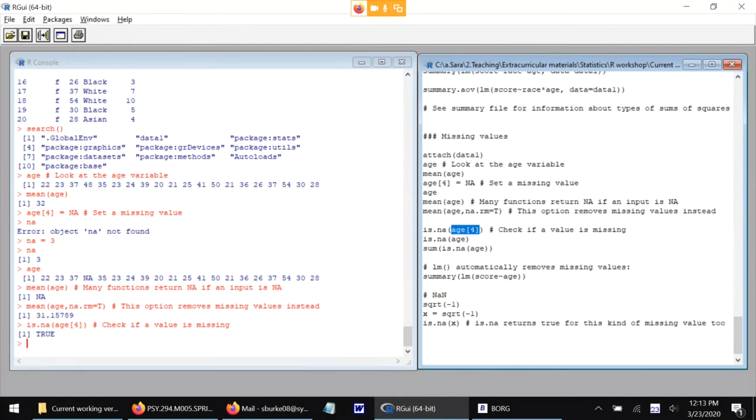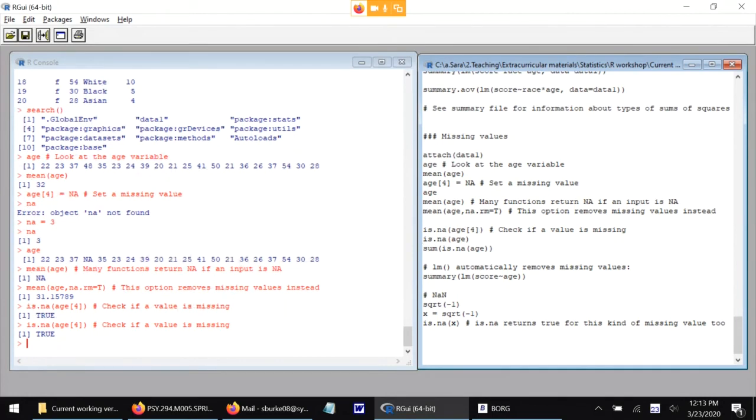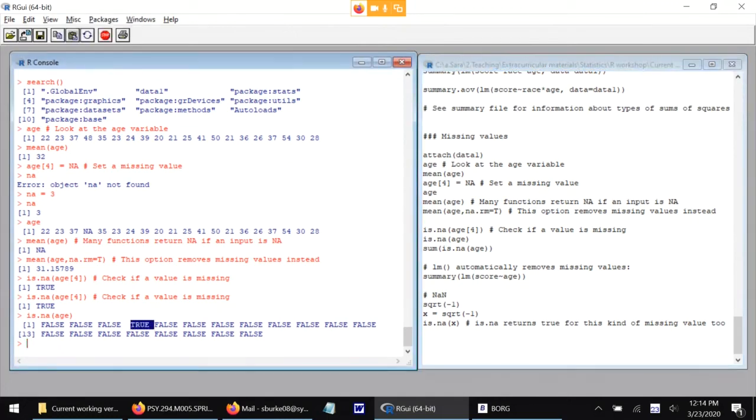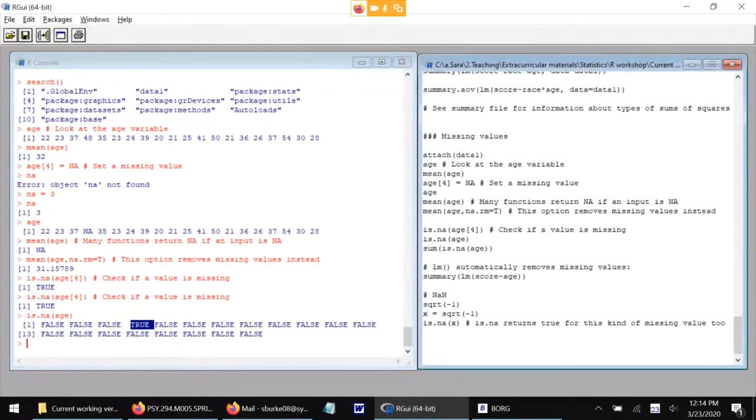So we know the fourth element of age is missing. So is.na of that value gives me true. Most of the time I'm not going to check whether a single value is missing, but I might be interested in knowing which of the values in a vector are missing. So if I supply an entire vector as the argument to is.na, it will give me a vector of trues and falses, where the trues are the ones that were missing in the original vector that was supplied as the